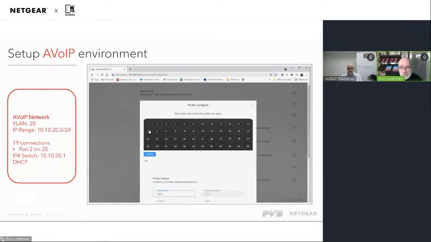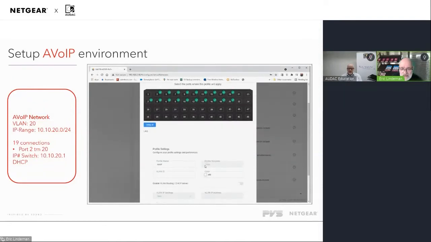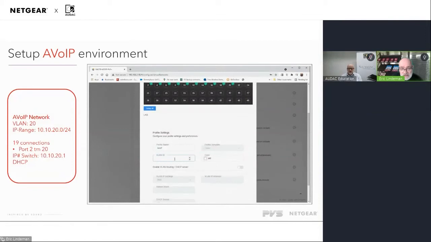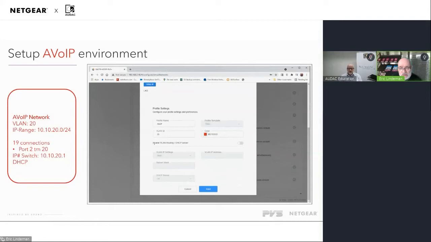I choose the ports. Port 1 was for the ICT network, so I go from port 2 to port 20. I select all the ports until all ports are tagged for the configuration. I give it a VLAN ID. Every VLAN has a number, so I give this number 20. I decide to take the color red for AV, so I click the red color, and then I'm able to